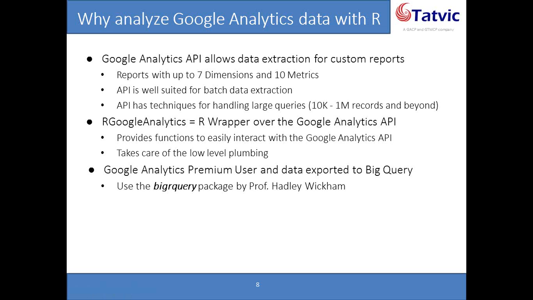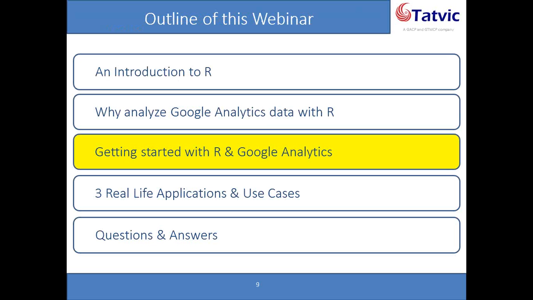So this is a real example of the earlier benefit that I mentioned: because R has a huge number of connectors available, sometimes you want to analyze data from BigQuery in your CRM, and you want to combine those two data points and see if the hypothesis that you're building is true or false. And that's very much possible in R with a few lines of code, without a lot of effort.